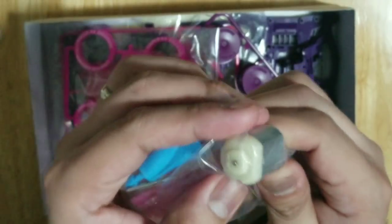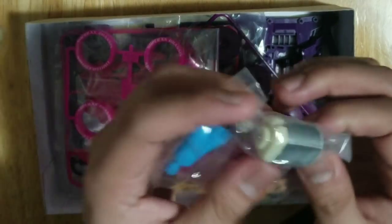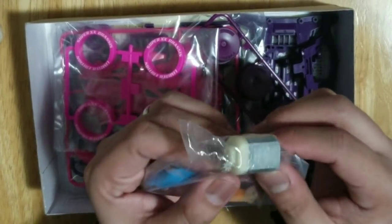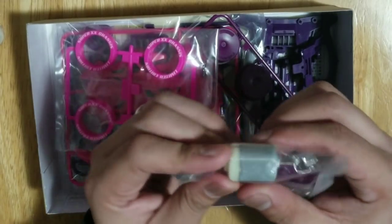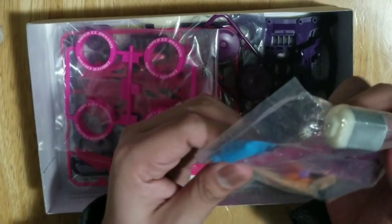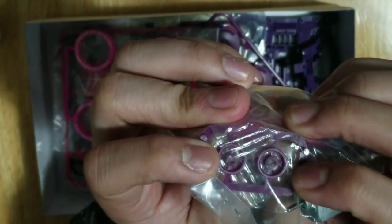Next would be a stock motor. It is a Mabuchi motor. It's not SMC. You can use this for box stock races, high-speed box stock races, box stock races that allow you to mix and match parts. And you have your 14mm. One of the valuable parts of this is the 14mm